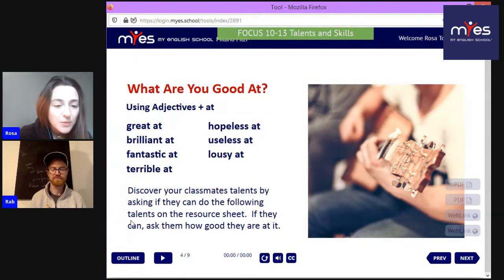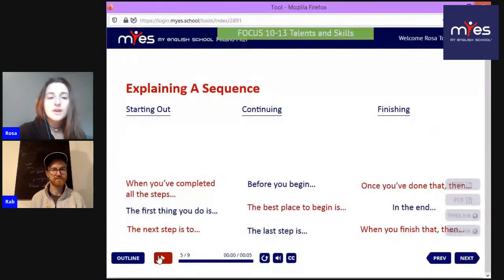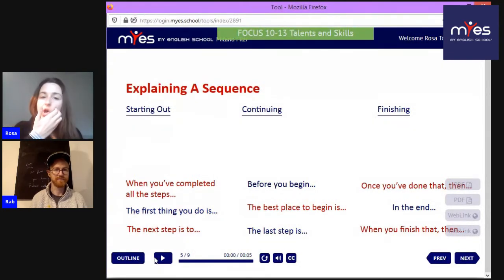All right, so let's see what we have coming up. Okay, explaining a sequence. So we have starting out, continuing, and finishing. We have different sentences here that we have to place under the correct category. So: when you completed all the steps, the first thing you do is, the next step is to, before you begin, the best place to begin is, the last step is, once you've done that, then in the end, and when you finish that, then...